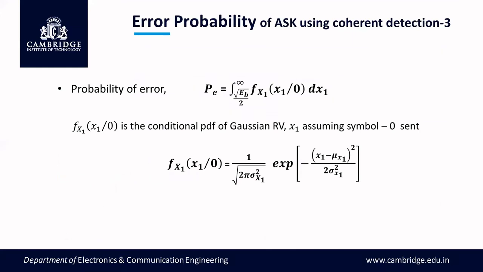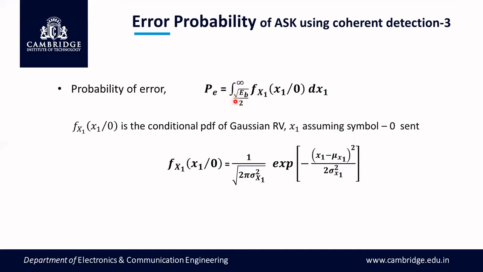The probability of error is given by this integration. Here in the Q function it is expected to be the integration of minus z square by 2. But in my integral, the probability density function is minus x1 square by N0. So I equate both of them so that I can convert x1 to z, and dx1 to dz. That's why I can change the limits, and the conversion is made here. As I said, z square by 2 is equal to x1 square by N0.